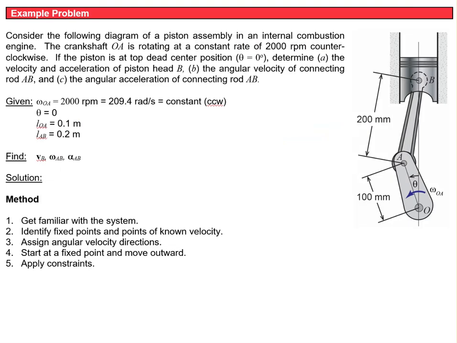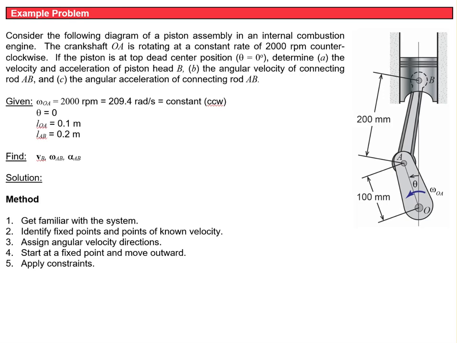In this problem, we have a piston assembly from an internal combustion engine. The crankshaft, OA, is rotating at a constant rate of 2,000 RPM, counterclockwise. If the piston is at top dead center position, where theta is equal to 0, determine A, the velocity and acceleration of the piston head B, and B, the angular velocity of connecting rod AB, and C, the angular acceleration